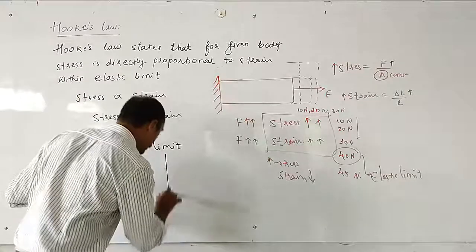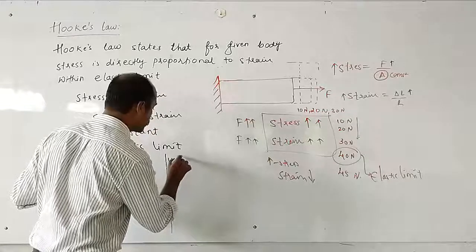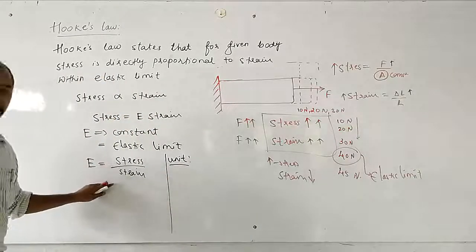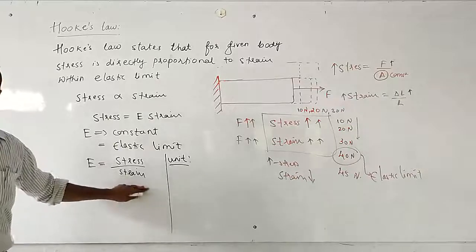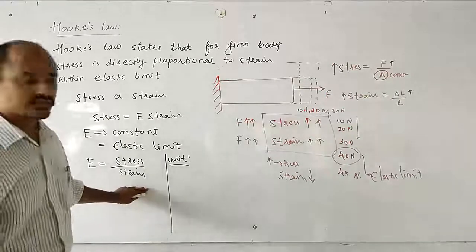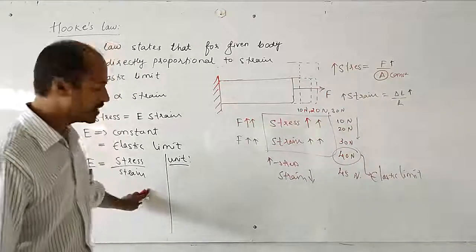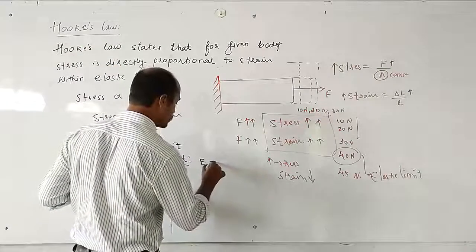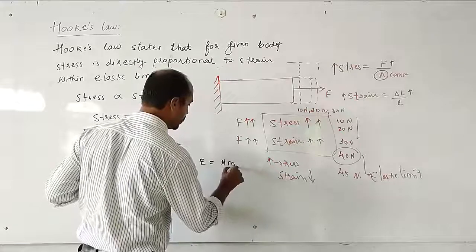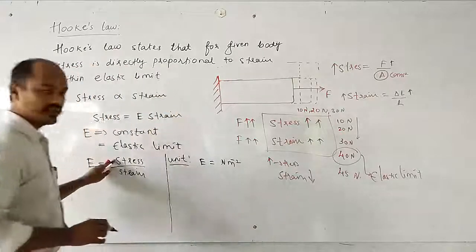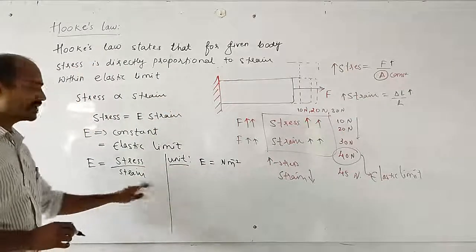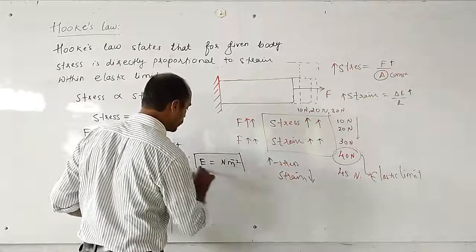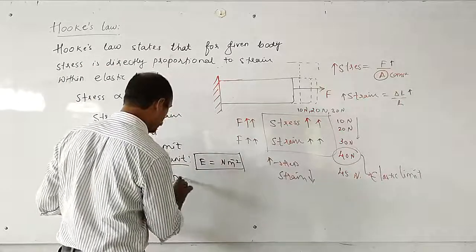And its unit is another unit. Can you guess? Stress divided by strain. What is the unit of strain? It is unitless, obviously, isn't it? Then what is the unit of stress? Its unit is Newton per meter square. Right? It is the unit of stress divided by unitless, which is 1. So the unit of stress is Newton per meter square, and dimension